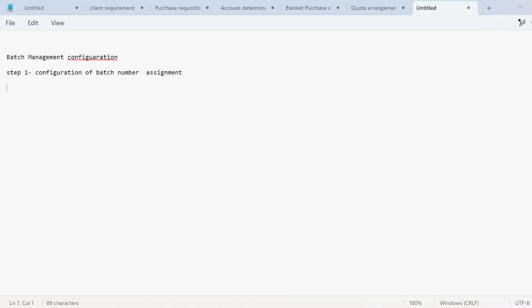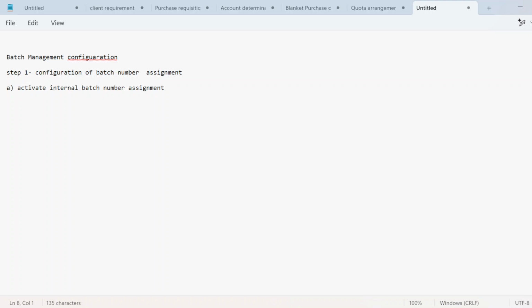In that configuration, we will activate internal batch number assignment.